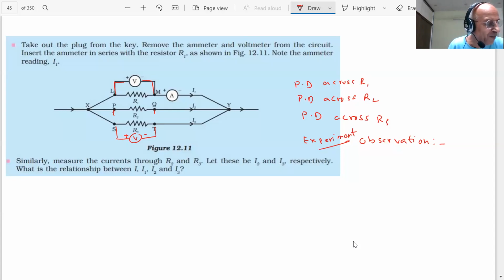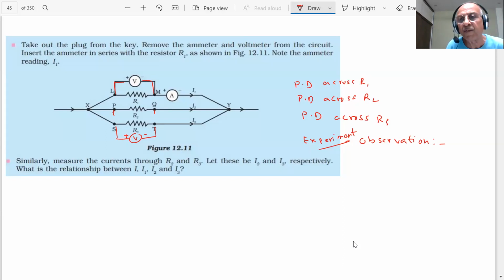That's what I want to tell you, students. It is an important point to note. That's why we said if we take the voltmeter reading, students, what will we find in these cases? The potential difference is the same. Potential difference is not changing.